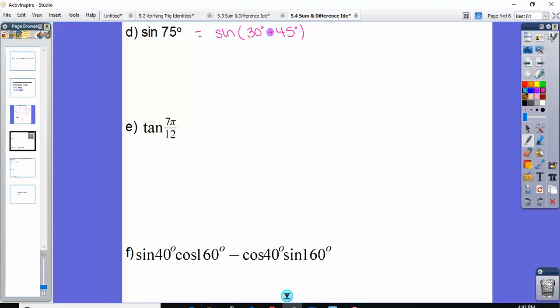So my A is the 30 and my B is the 45. So this would be sine of 30 cosine 45 plus cosine 30